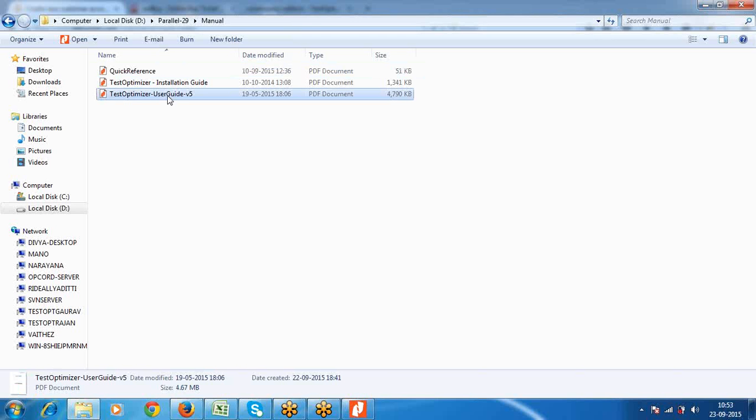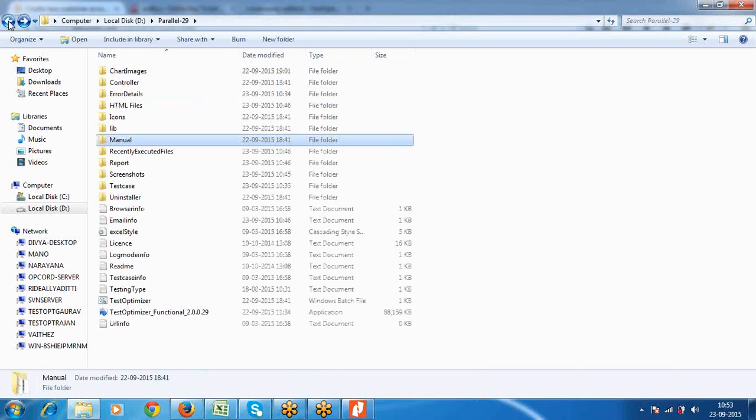And if you talk about Test Optimizer features, we are able to do if-then-else, for looping, data-driven testing, and scenario-based testing. Whatever you can do in Selenium for web application testing, it is possible to do in our tool without really doing the coding and without really generating a script. Okay, so this is all about our tool. If you have any questions,